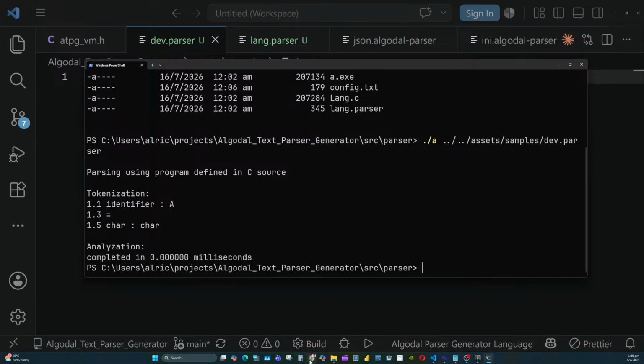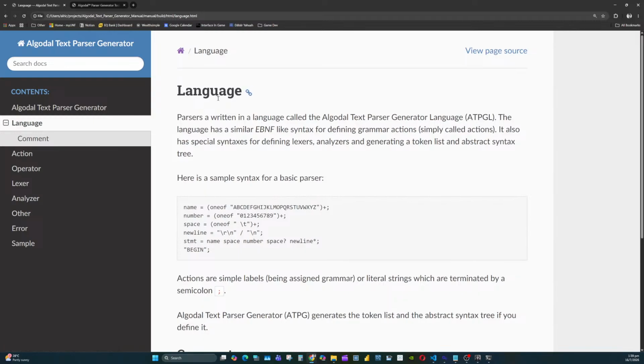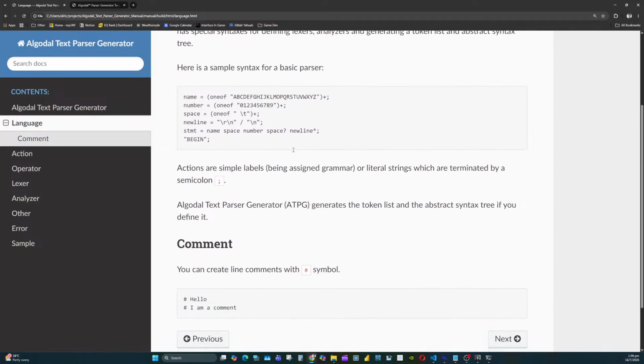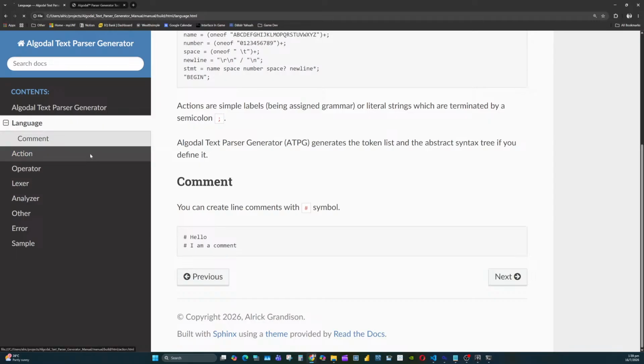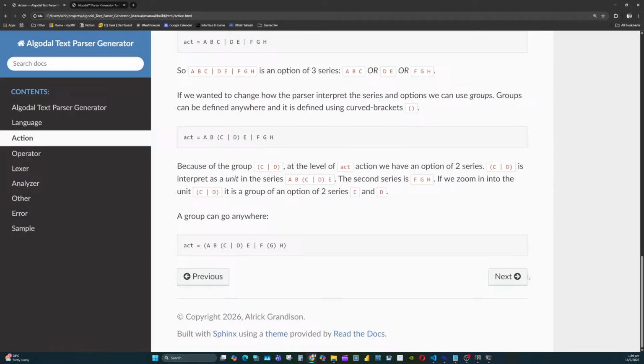Let's see what next we can do. Okay. How about I put support for all the built-in